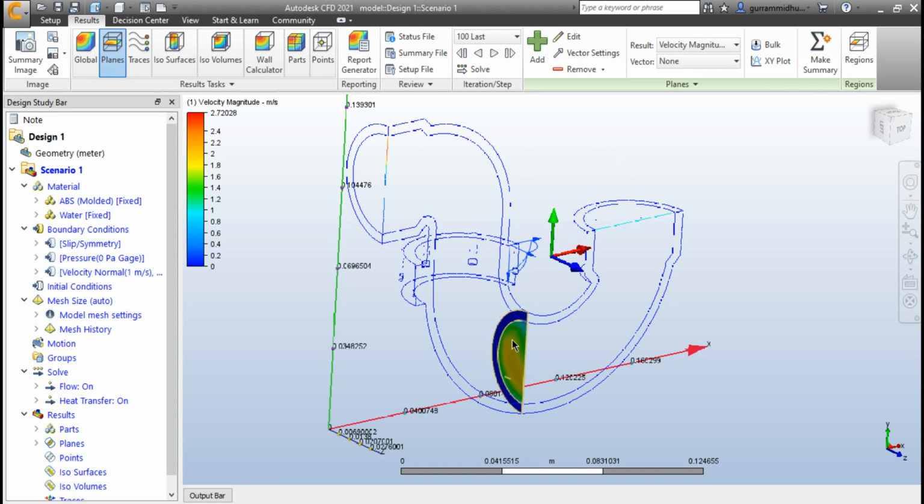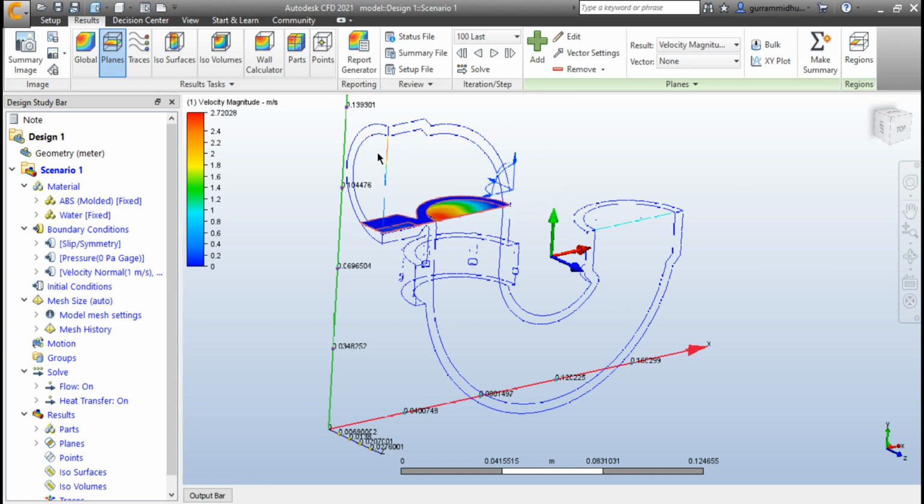Now if you click on that plane, you can change the plane axis to perpendicular to y or z. Currently it is perpendicular to x. If you click on y, you'll have it like this. And one more thing is that we can align this plane to a surface.